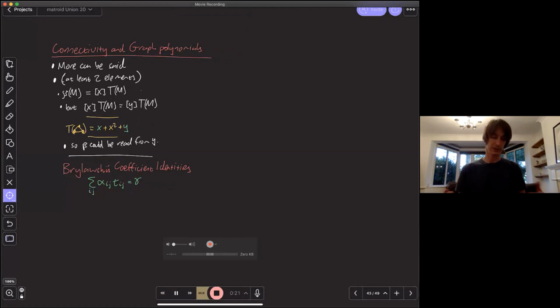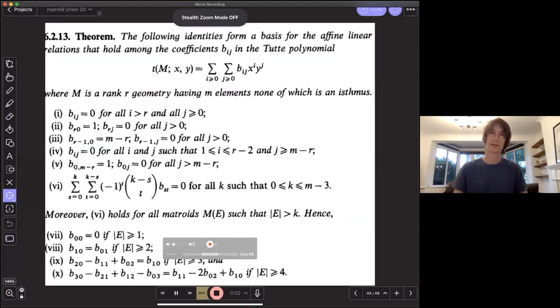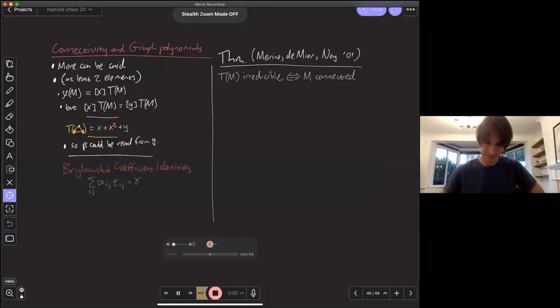Brylawski has done this, and you end up with a bunch of coefficient identities, which is every single relation between coefficients of this form. If you want to see them, the theorem looks like this. I don't think you want to stare at that too long just now, so let's just move on from that.